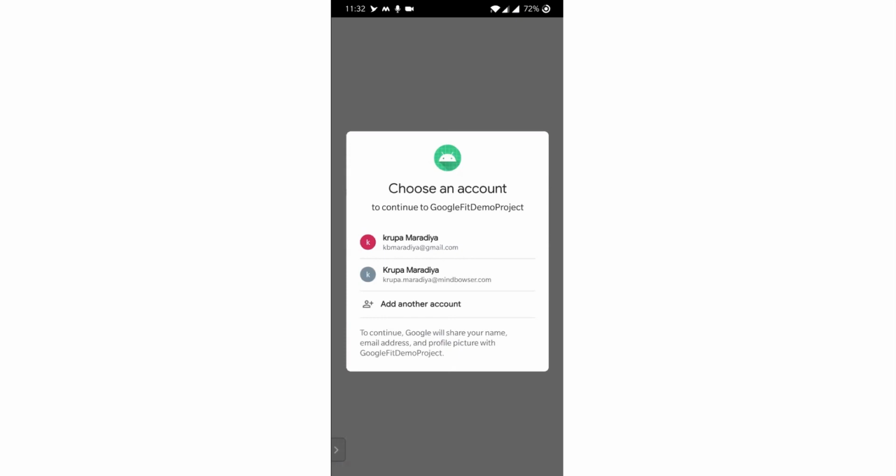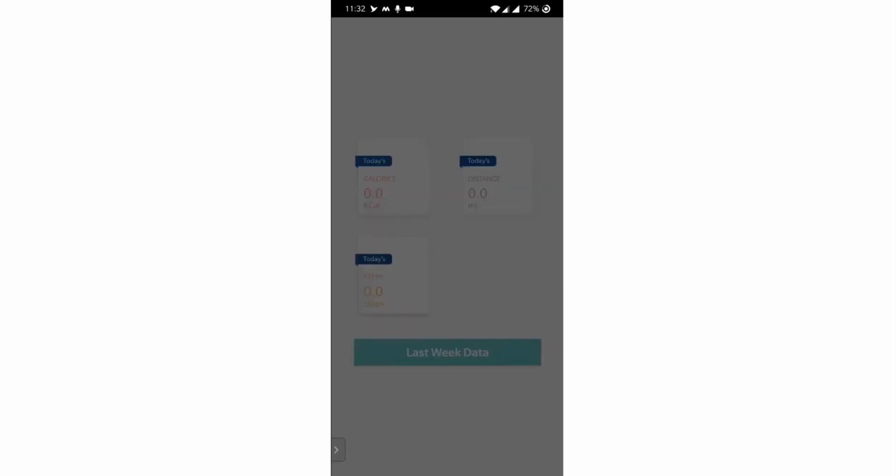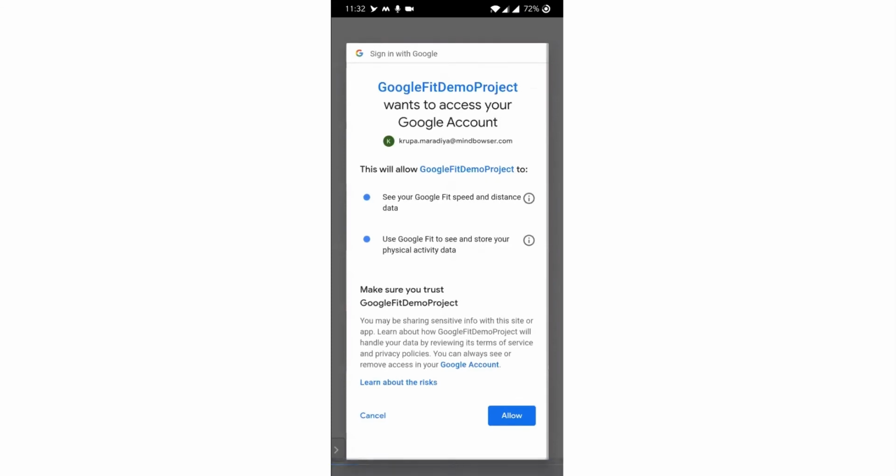I'm using this email account in my Google Fit, so I'm selecting it, and then it will ask for permissions like speed, distance, and physical activity. This is the Google Fit permission, so you have to allow it.